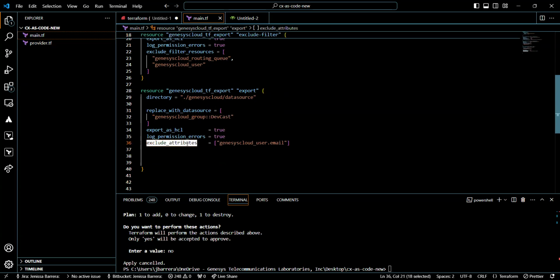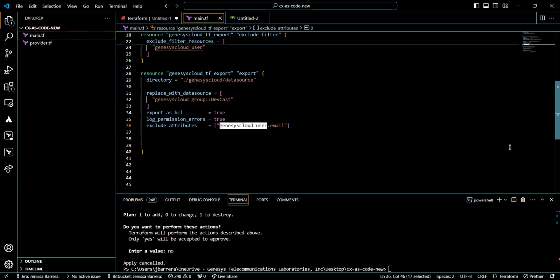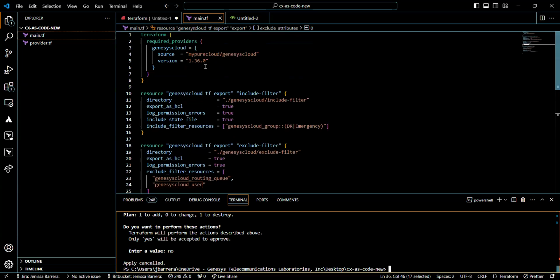For the exclude attributes, under Genesis Cloud user, email shouldn't be included since we indicated it here in exclude attributes. Let's try and run this code first. So for this version, we have version 1.36.